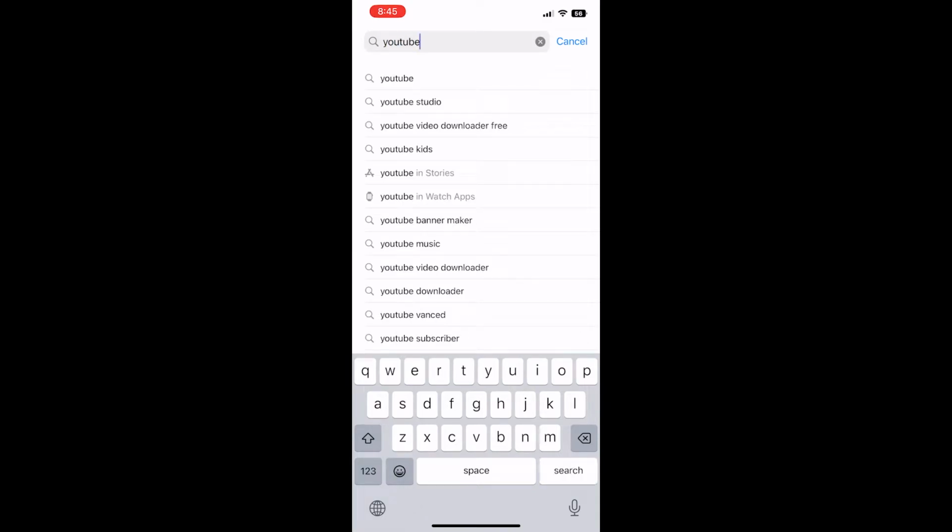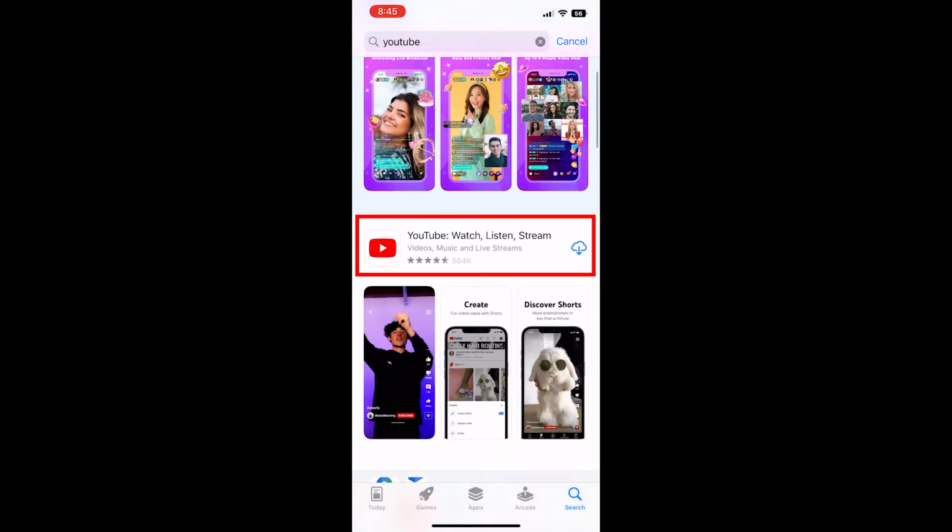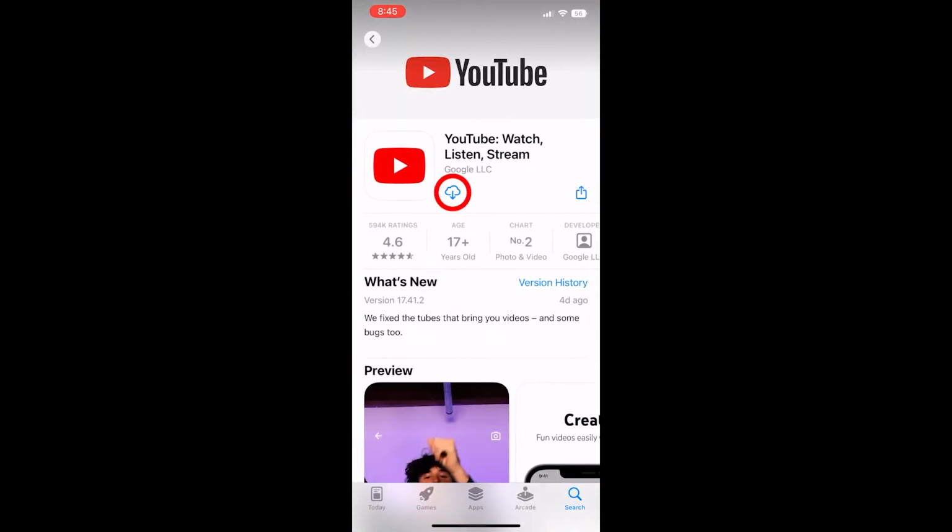Search for YouTube in the search box. Click on it. Now click on this little download icon. As you can see, the YouTube app has started downloading. Now once the download is completed,